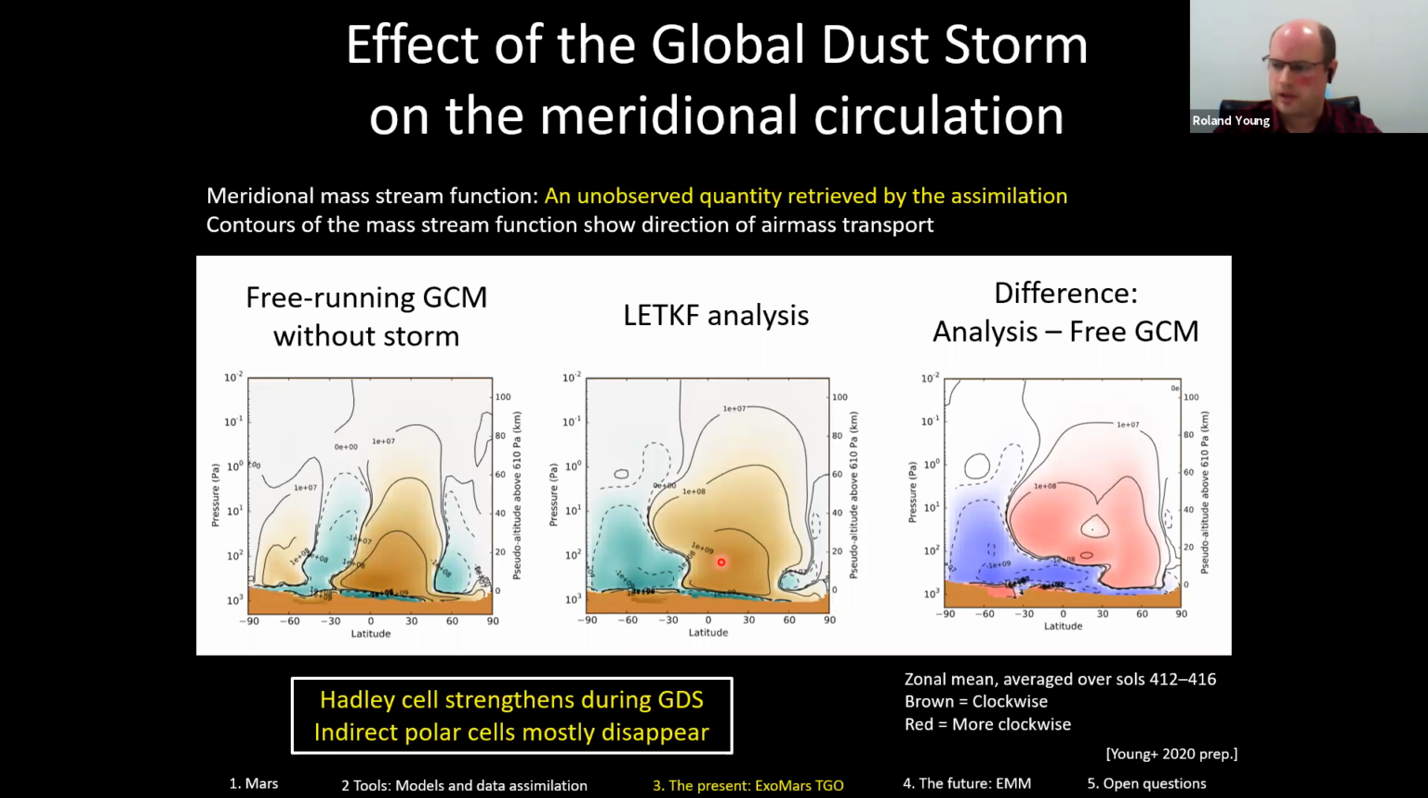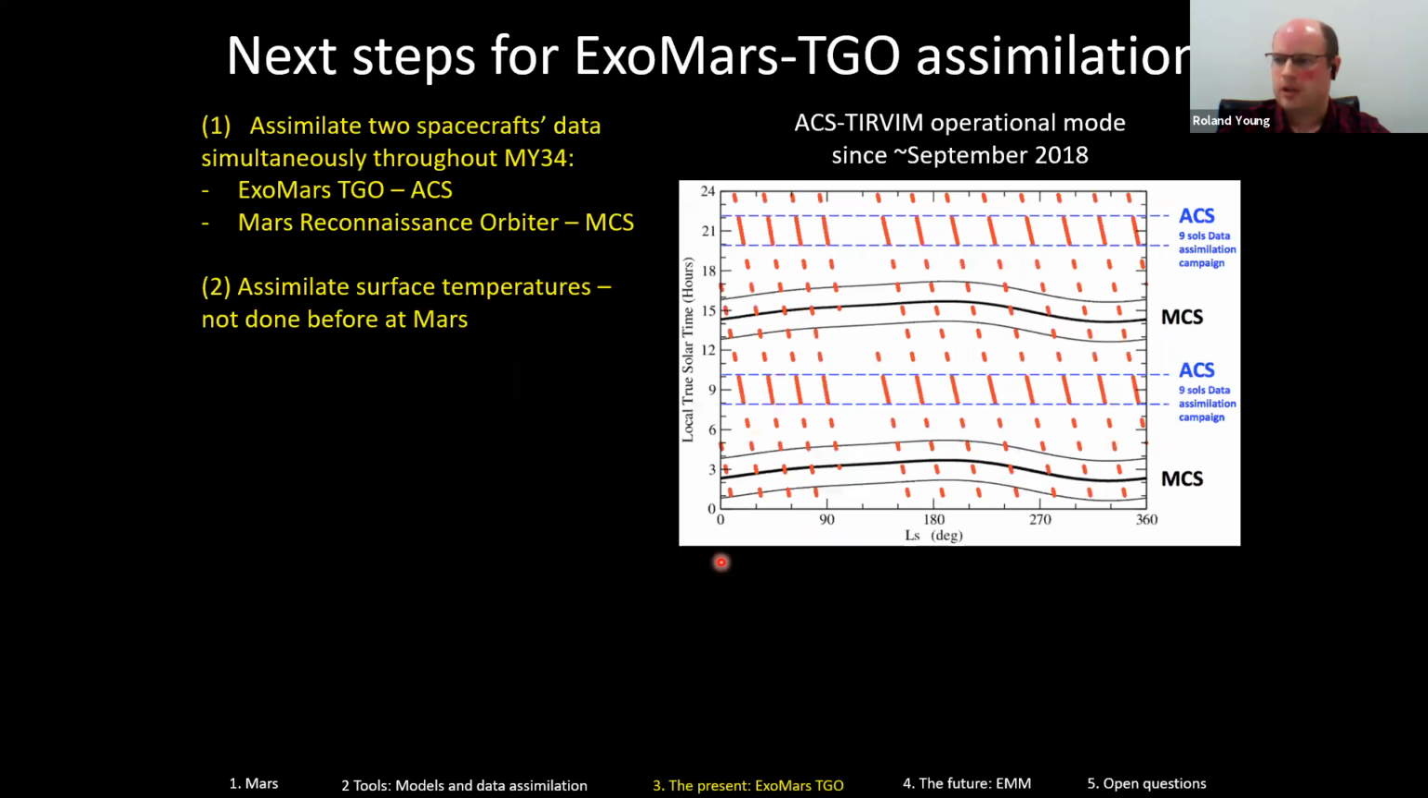So both of these are being slowly prepared for publication, and will be published hopefully in the next several months or so. So the next steps for this mission, we want to assimilate 2 spacecrafts' data simultaneously throughout the previous Mars year. The current year is Mars year 35, so there is data throughout Mars year 34 from several spacecraft, and we want to assimilate data from 2 of these at the same time, because the data from